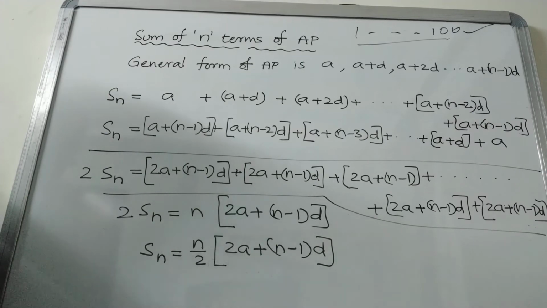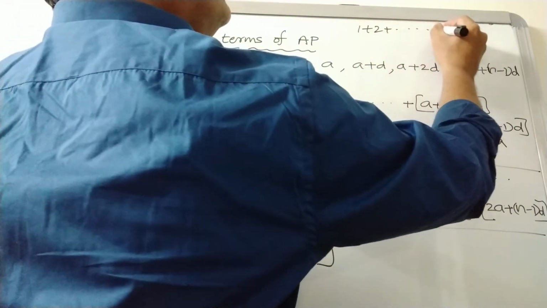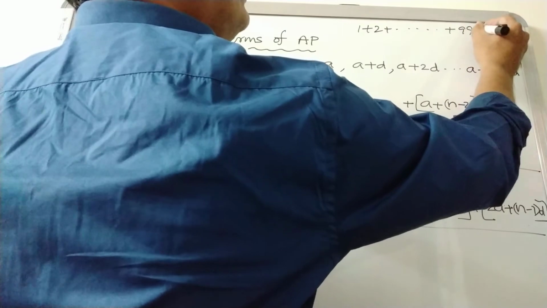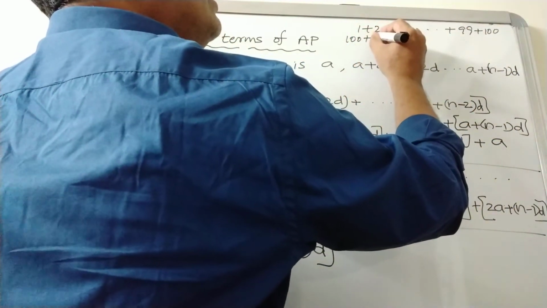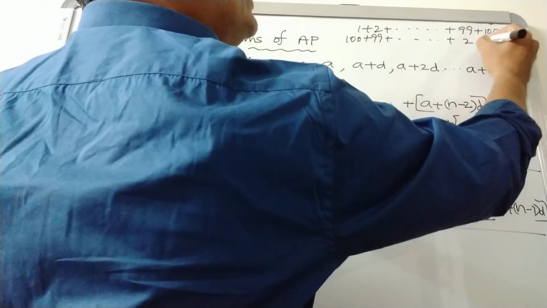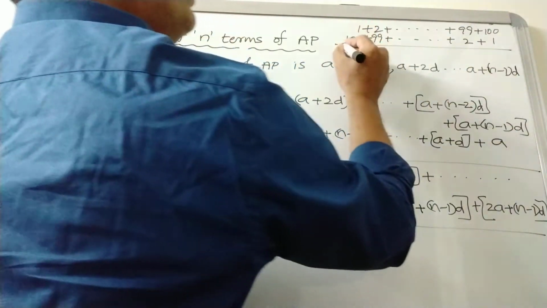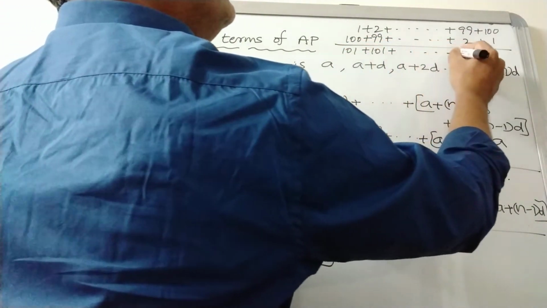Yes, what is the answer? He asked why he got this answer. Sir, this is very simple, sir. I have written 1, 2, 3, and so on, 99 plus 100. Again, I have written it in reverse, 100 plus 99 plus so on. Thus here this is 2, this is 1, like that. So all the times 101, 101 only came, sir.